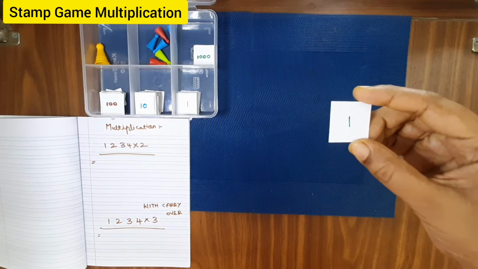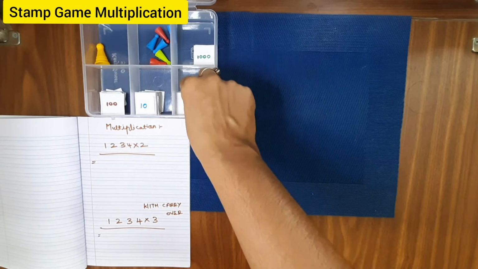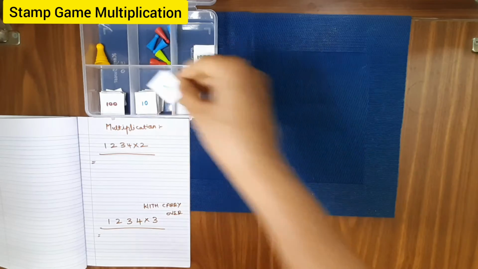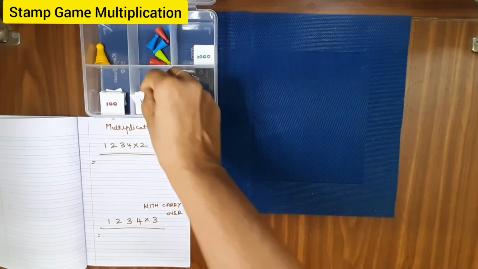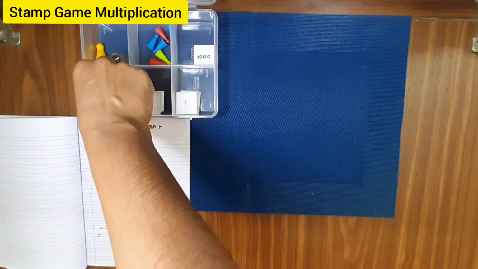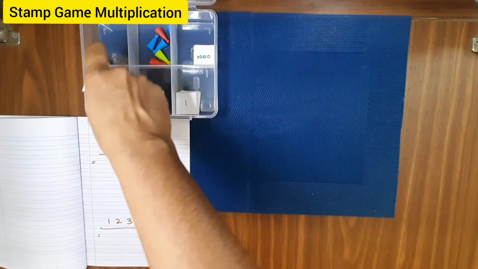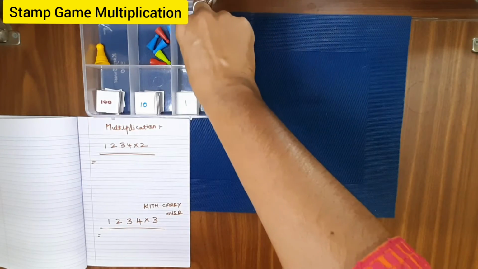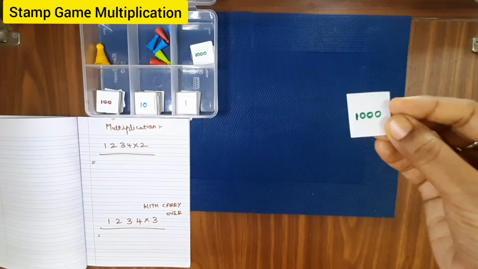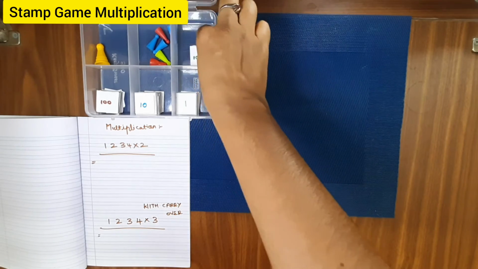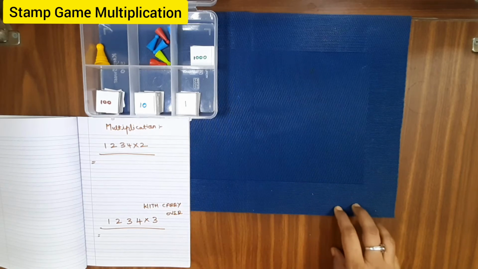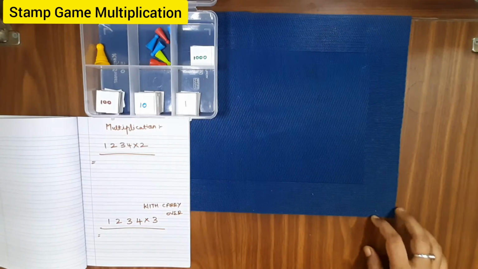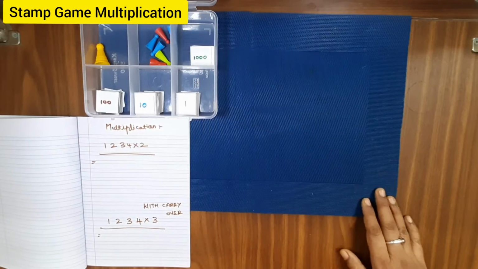I have written number 1 in green color, and we need 45 such cards, kept in one compartment, and number 10 written in blue color. We need 45 such cards. Number 100 is written in red color and you need 45, and 1000 written again in green color. We need 15 like that. And these we call skittles, which have a different purpose in multiplication, so I will explain it later.